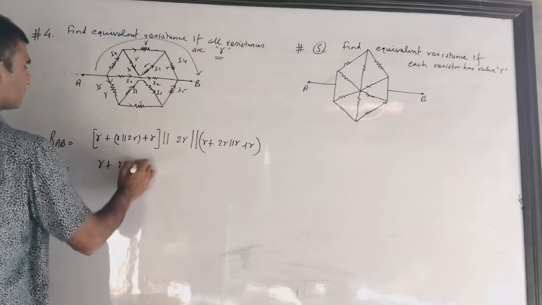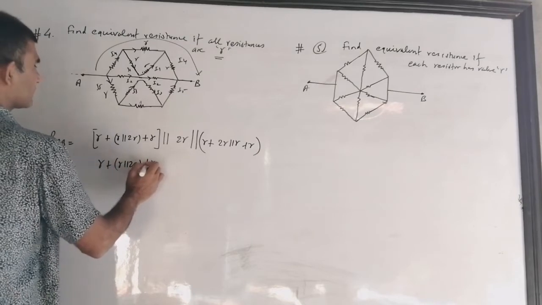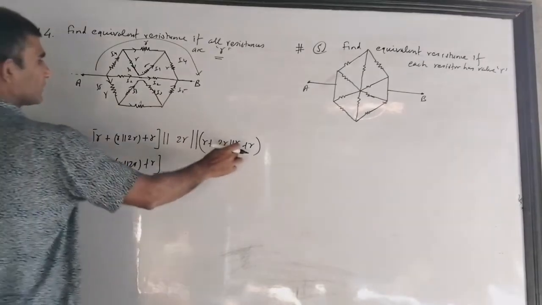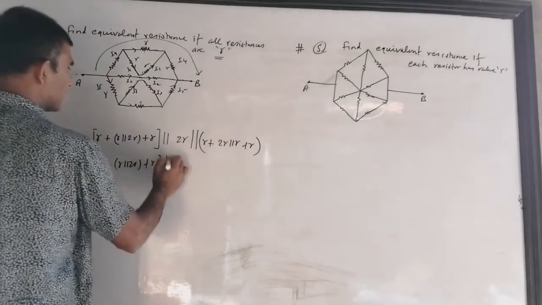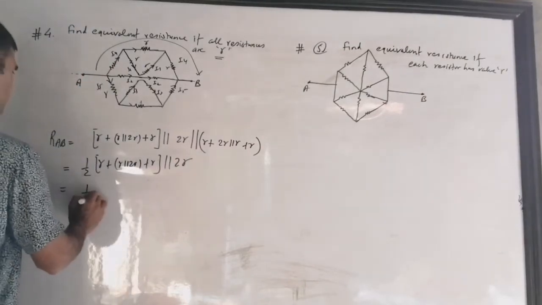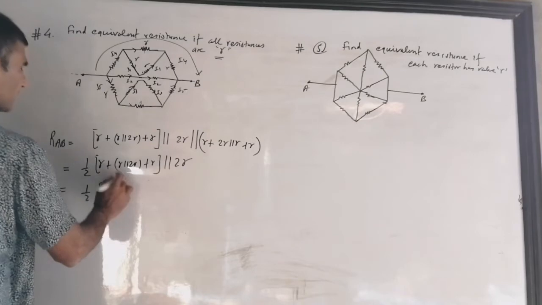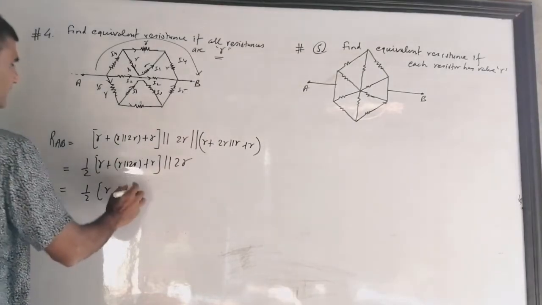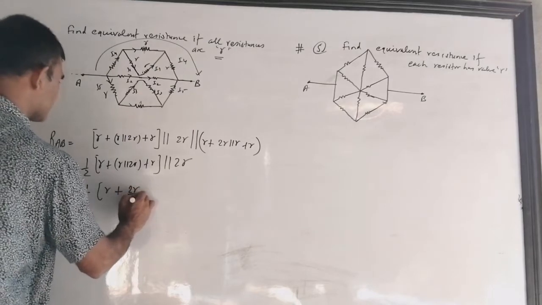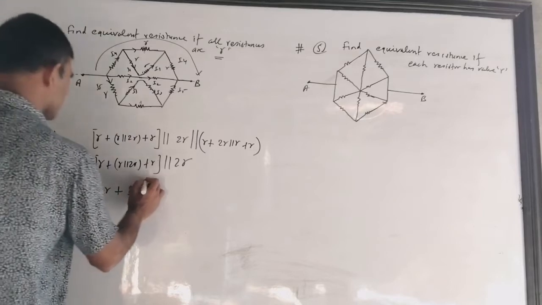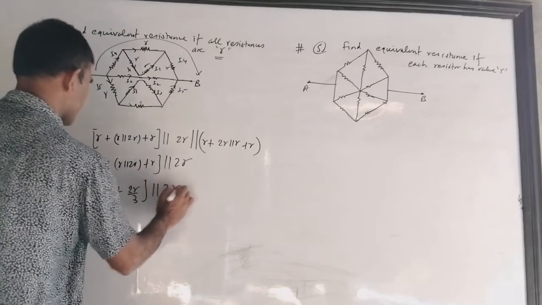Let me write this to explain to you, otherwise I could solve this so easily, and I wrote this half, because this 2 becomes half of 1. Okay, parallel to 2R. And so this becomes 1 by 2, and so R plus R parallel R, you know the technique, product by sum, so 2R by 3, and this R and R I am getting here only, and so 2R by 3. Okay, and parallel to 2R.